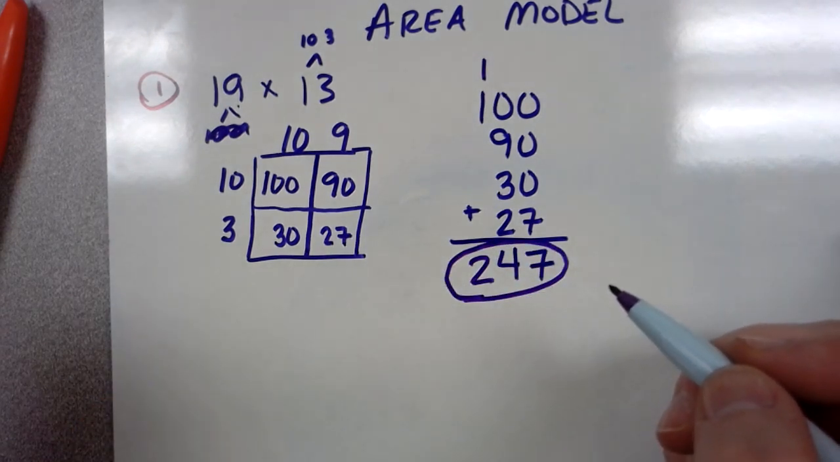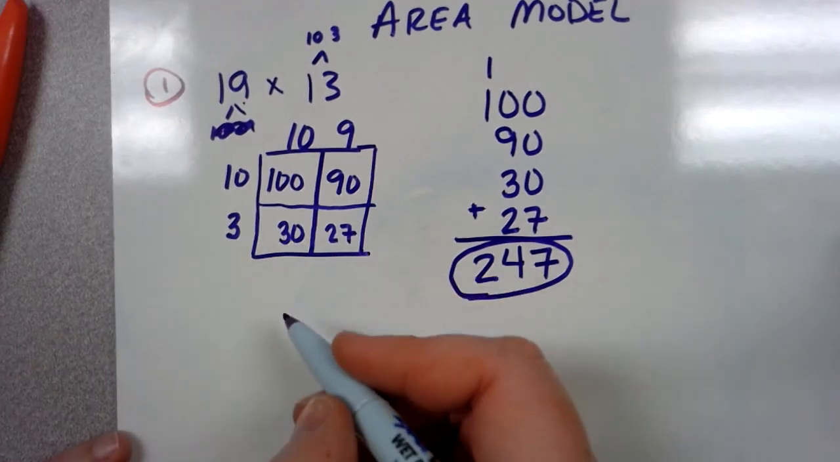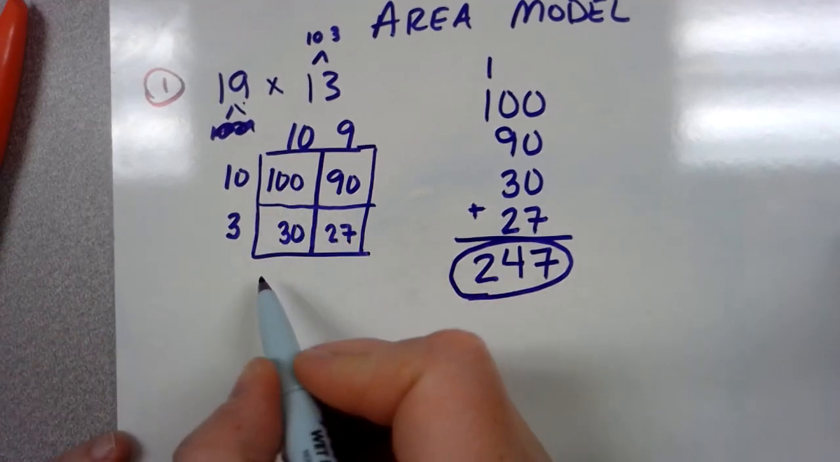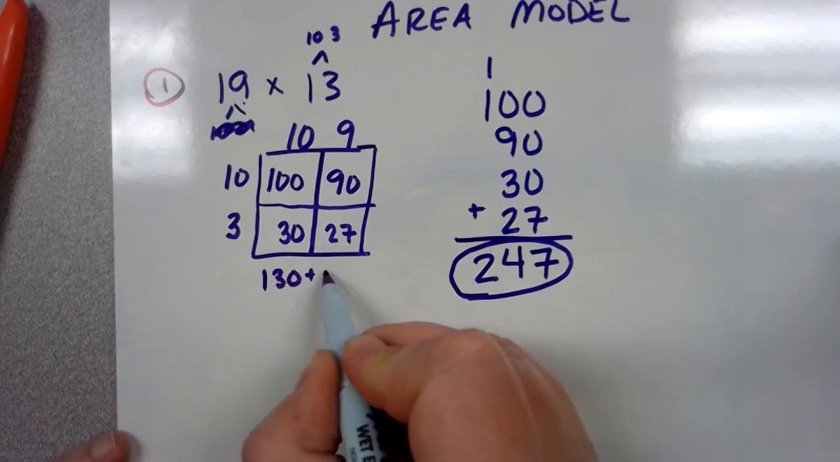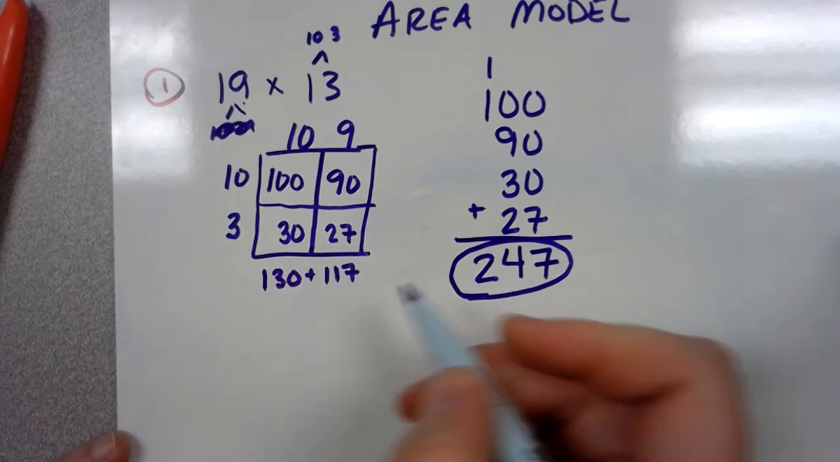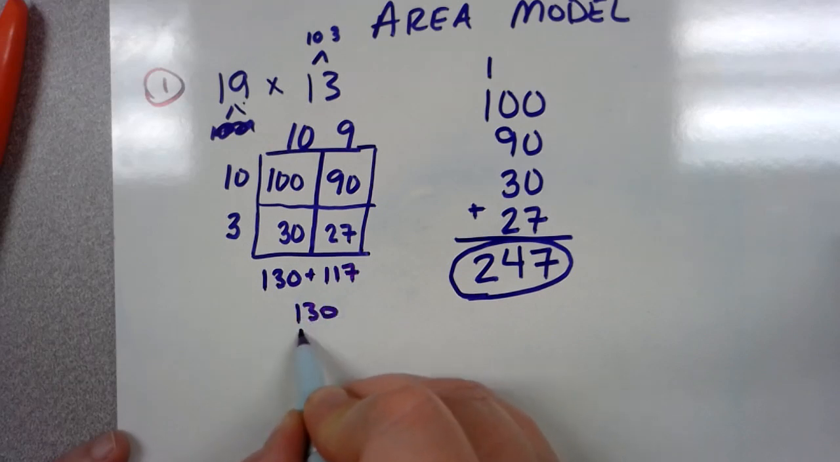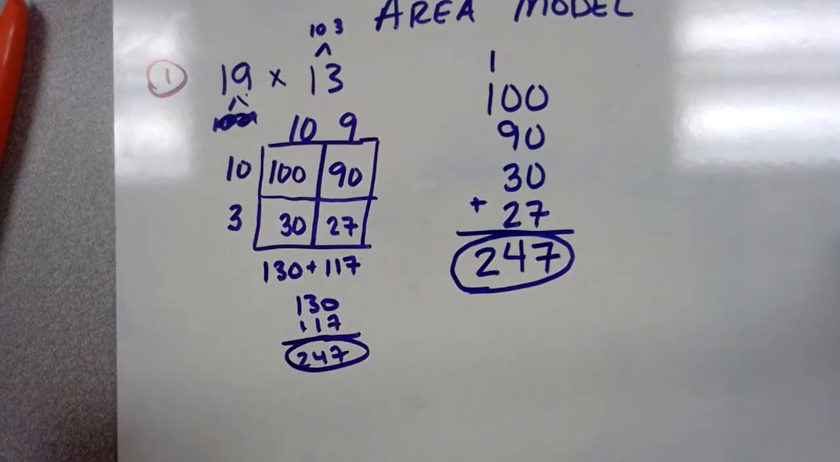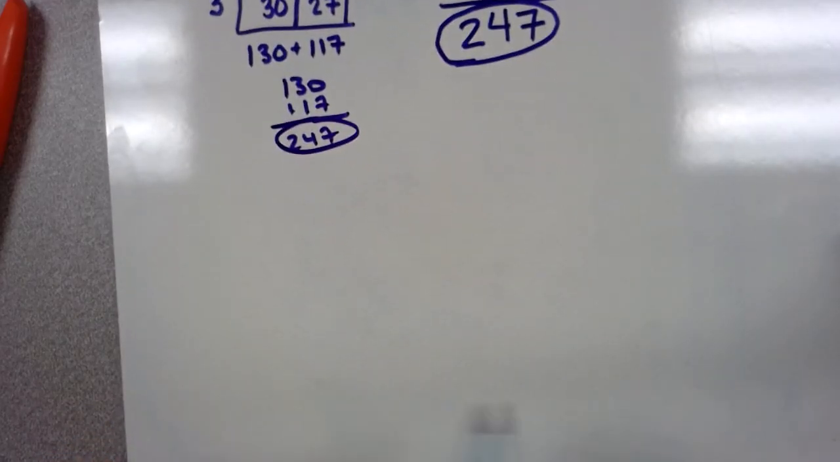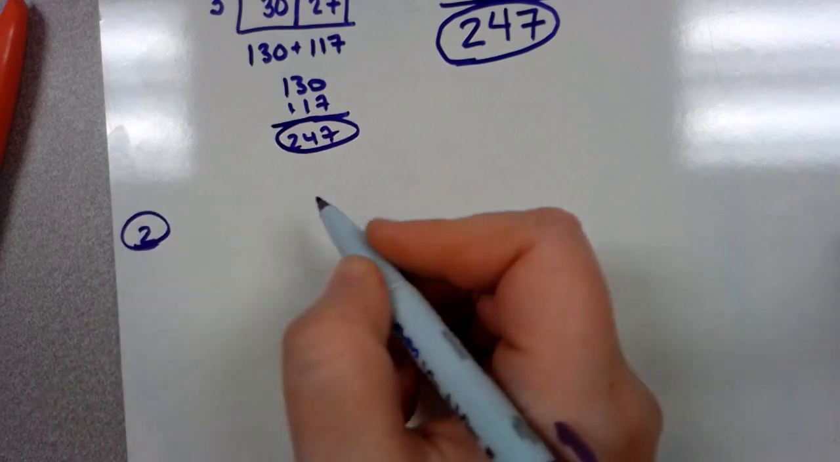Now, I do have some of my students who have done it this way. They keep everything lined up in the blocks, and they'll go like 130 plus right here, and they'll just come down here and multiply like this. And that's fine. Whichever way your brain works, that's fine. Okay, the second one,